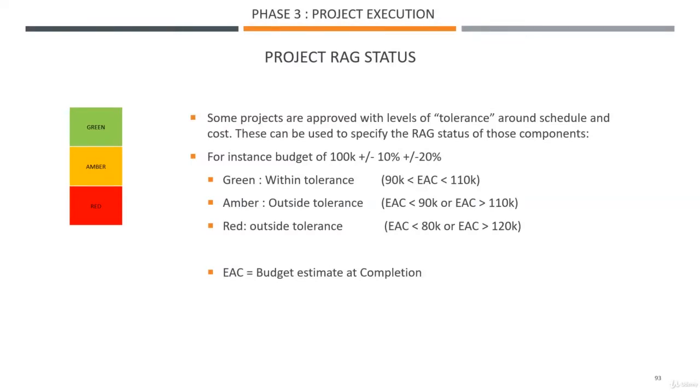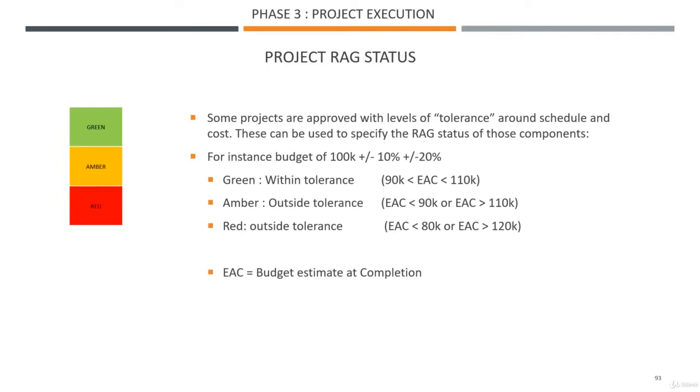So to finish out with this RAG status, sometimes there is a mechanical way for you to calculate your RAG status. And this is in the instance where your project has been provided with levels of tolerance around schedule and cost. So they would have, for instance, the first level of tolerance is 10%, and the second level of tolerance is minus 20%. So for a schedule, if your project is 10 months, it's still okay if we deliver between 10 and 11 months, or 10 and 12 months for the second level of tolerance. So if we take this example for a budget,